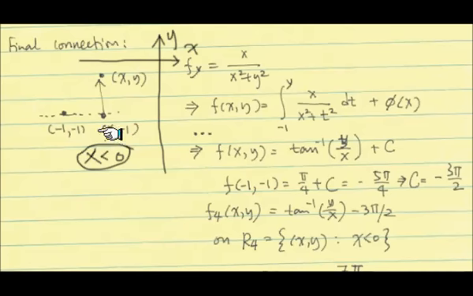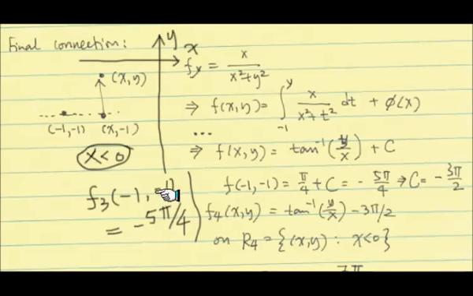Okay, so if you start from a point like this, negative 1, negative 1, if you want to integrate vertically, because of this condition, y is free, and you can just go across like this, and that's going to be a y integral. So we're doing it in this fashion. It turns out the same function, tangent inverse of y over x that we found before, and then we had to adjust this constant. But this horizontal region was completely determined already by f3. So if you plug negative 1 into f3, you already get this number, so we don't have any choice about that one.